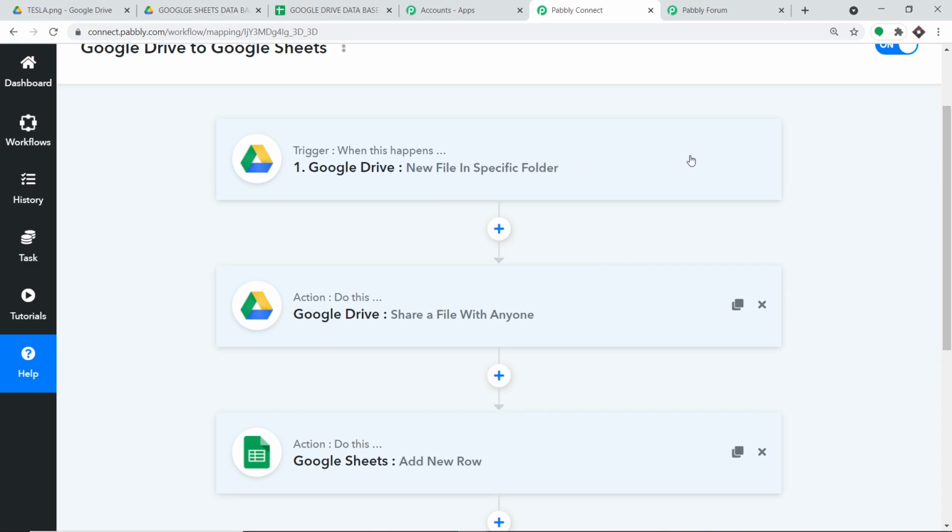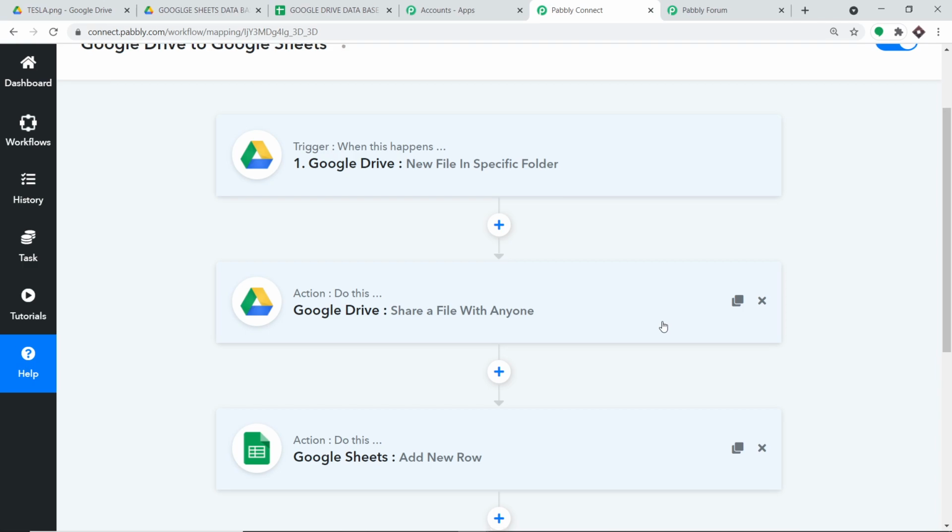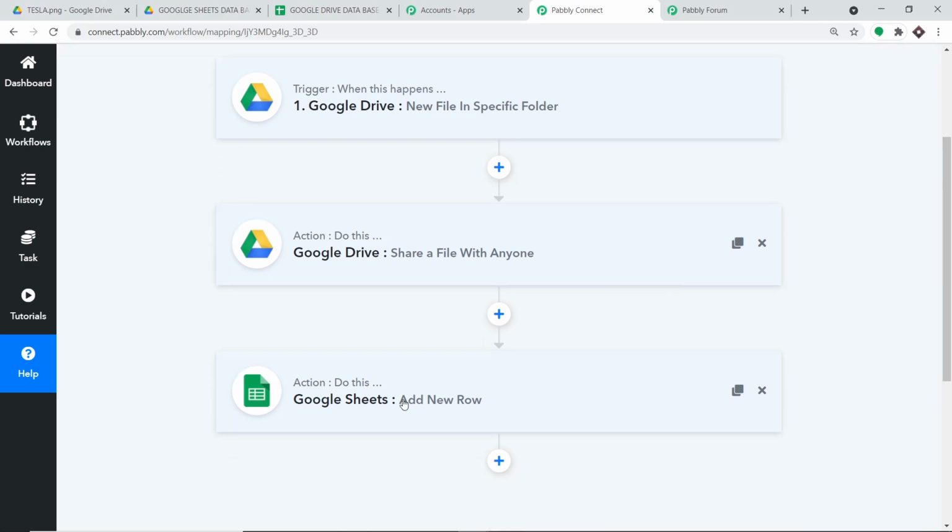First, you integrated Google Drive with Pabbly Connect, and then you introduced one action window to share a file with anyone. You basically converted a simple URL into a URL that can be shared with anyone without them logging into your account. Then we have the action event, that is the integration of Google Sheets with Pabbly Connect. So now there's a perfect flow of data between Google Drive and Google Sheets. Excellent.